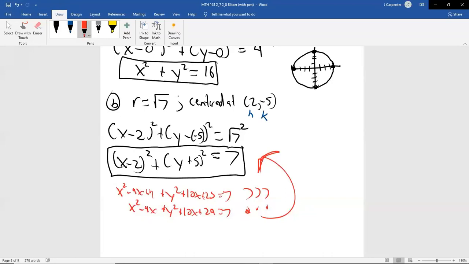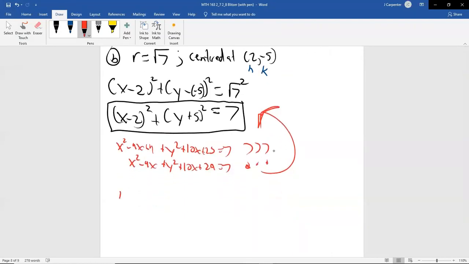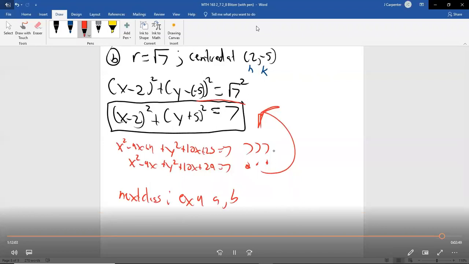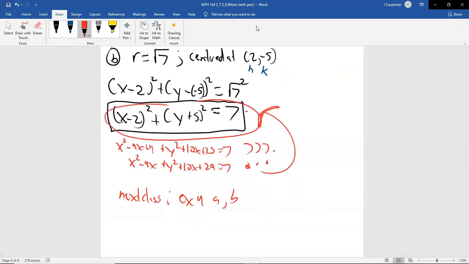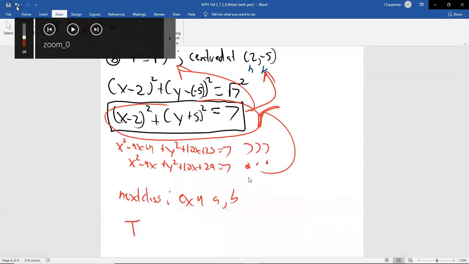All right, so in the last 2 minutes I have, next class there will be an example for A and B, and that's exactly what we're going to do. We're going to start here, and we're going to learn how to identify the center and the radius. It's not a complicated process, though. But because that's the only example we have left, I'm going to say we are good enough.